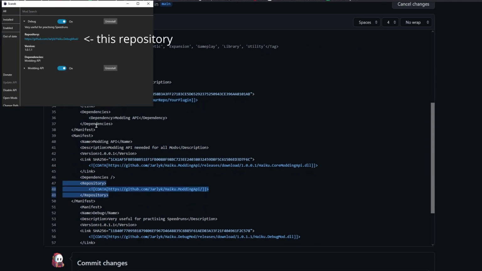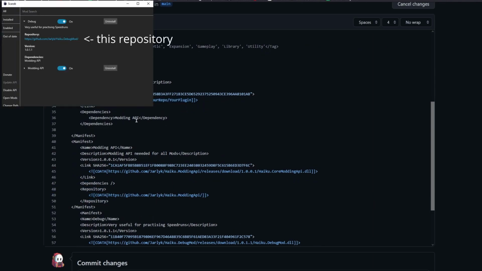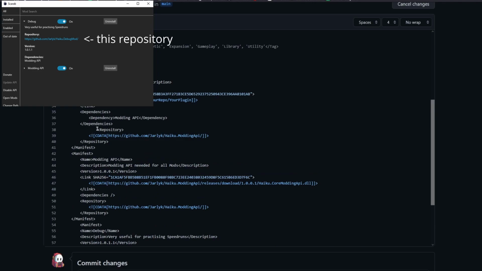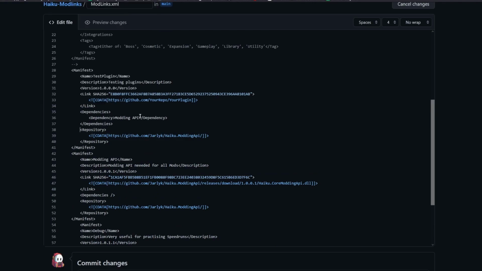yeah, you can have the repository, which I just showed to you. You can have it in here. This is actually what's linking to your repository. The other thing in here is actually the download link, obviously. It'll be something like that.